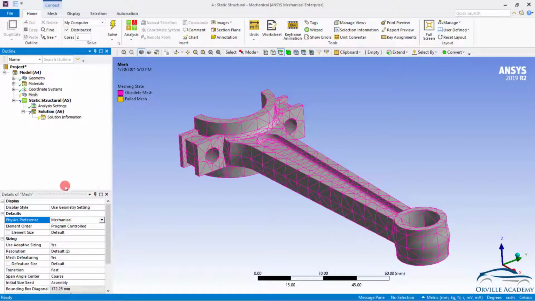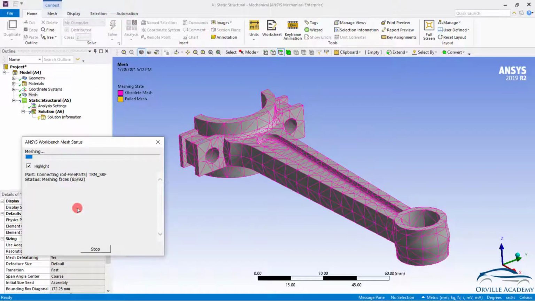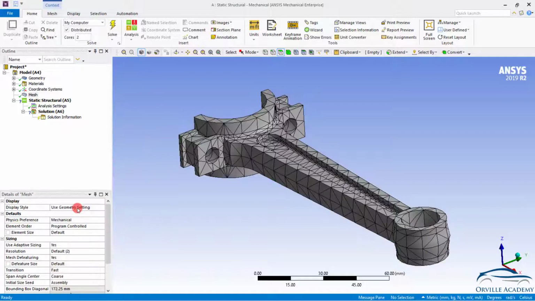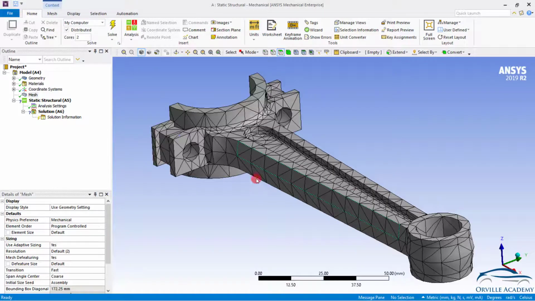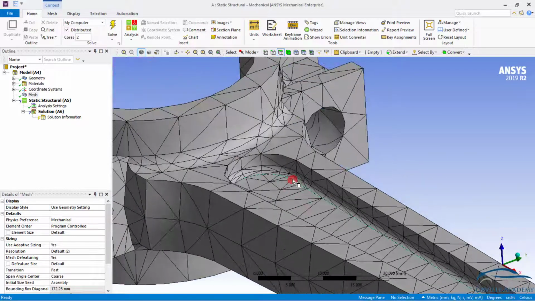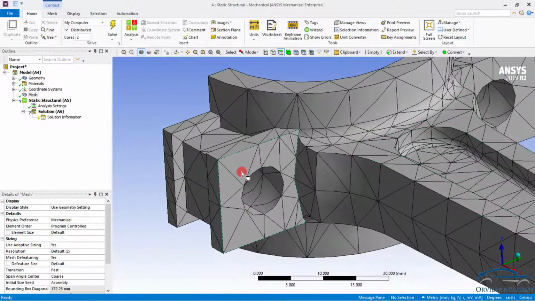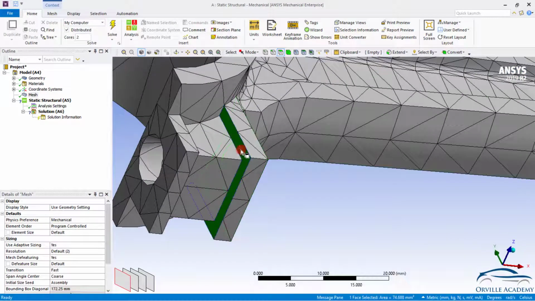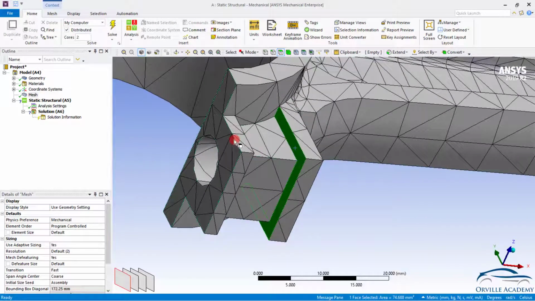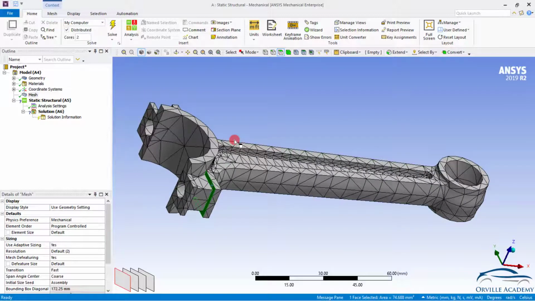Adaptive sizing can be thought of as a 2D curvature and proximity based refinement approach. Just to give you a little bit of an idea about proximity and curvature, if you observe at this location, these edges are not straight as they have curvature. And proximity is nothing but the region between two faces, or we can also assume the region between two edges. In simple words, proximity is nothing but the gap, and to define this gap, we have various methods which we will see in the later sections.